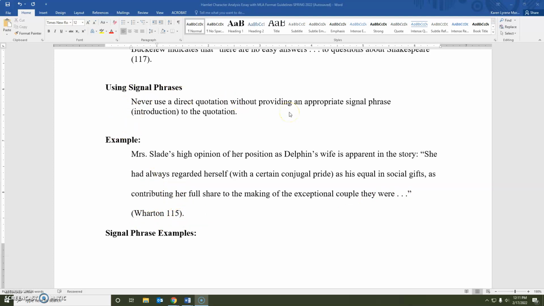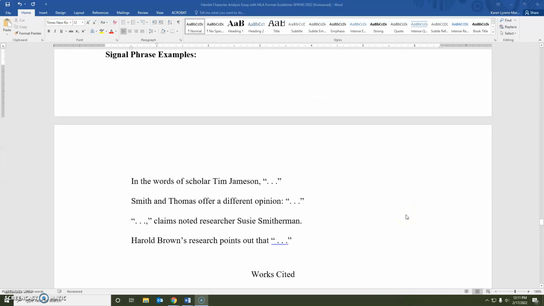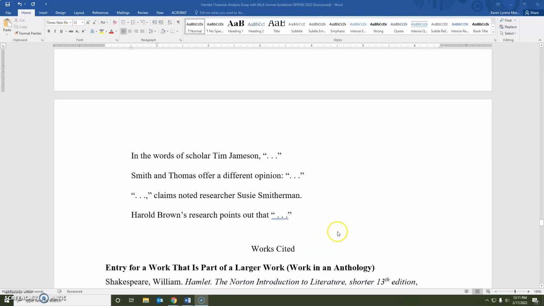Using signal phrases is essential. This is a more formal integration. Using a full sentence before a quotation means instead of using a comma before the quotation, you will use a colon. Shorter signal phrases will often be followed by a comma, but it depends on the structure of your sentence. So in this case, you will need a comma. If you use the word "that" before a quotation, the word "that" does the same job as a comma, so you don't need to use a comma in addition to the word "that."